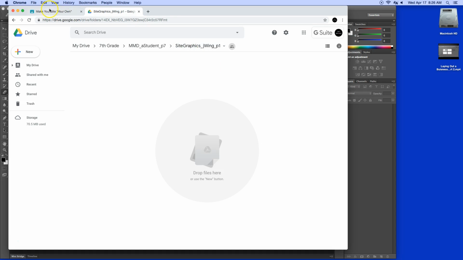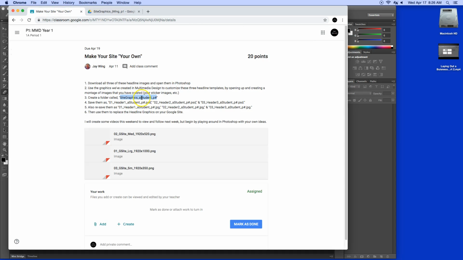Site graphics. So site graphics, this is also called a masthead. There are 3 files in here, 1920 by 520, 1920 by 1000, and 1920 by 350. These are 3 different sizes. If you notice, they all start with 1920. That's the width. So I'm going to select this,